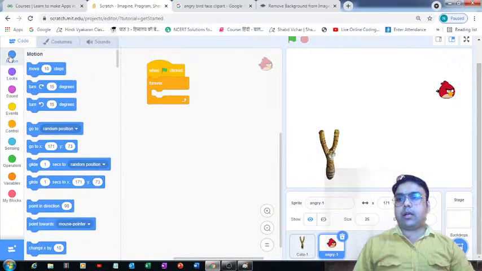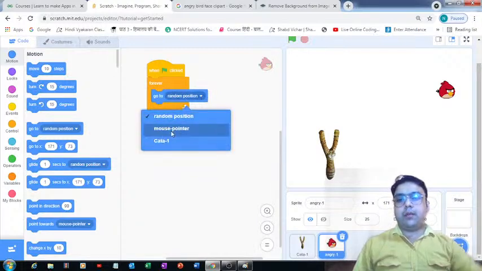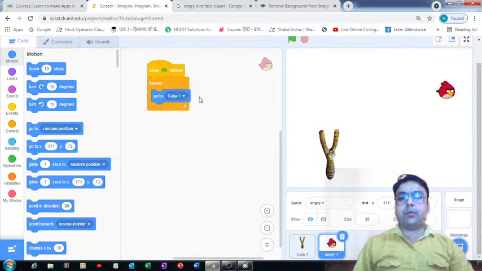We need to come on this motion section, and from here you can drag and drop this go to block over here. Click on this drop down and you'll see this catapult getting reflected over here. Now what will happen if the user restarts the game?